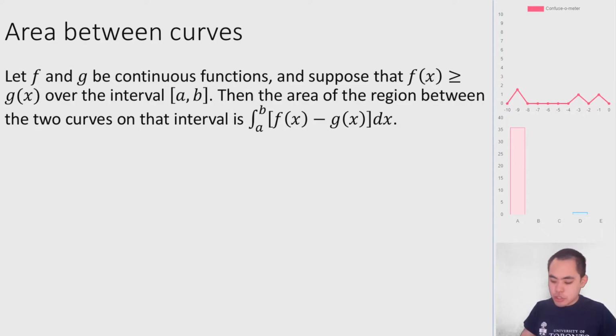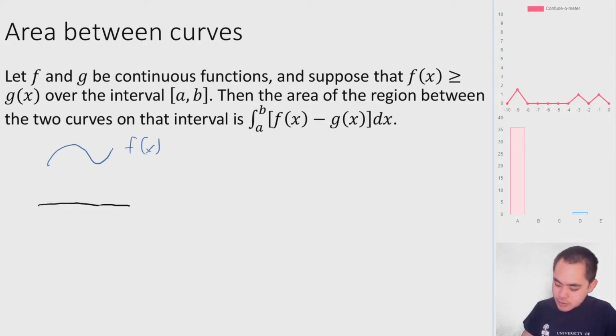Now this shouldn't be too surprising because basically what we're saying is that if you have some function, let's say f of x, and you have some other function, let's say